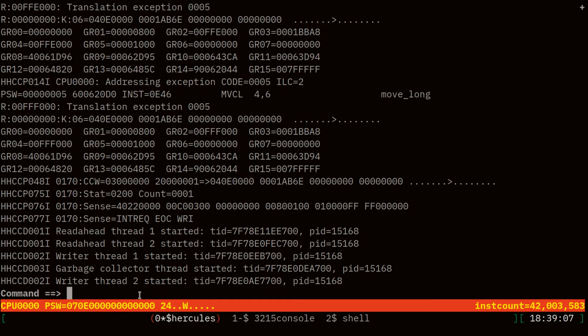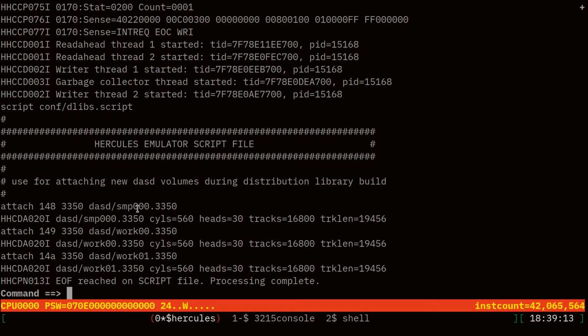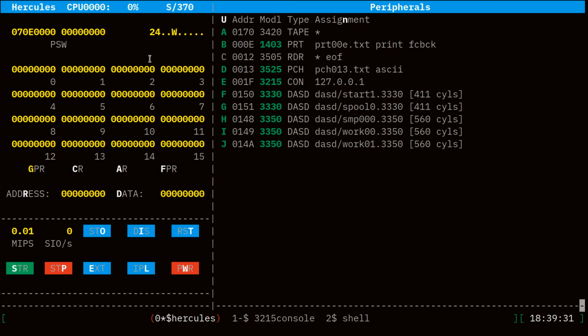So now we're back in Hercules. We can run that script, and that has attached these 3 additional 3350 devices to our emulated mainframe. So now if we were to look at that diagram, we would see 3 extra boxes for these 3 extra DASD. You can hit escape in this Hercules window, and it gives us a kind of a graphical monitoring view